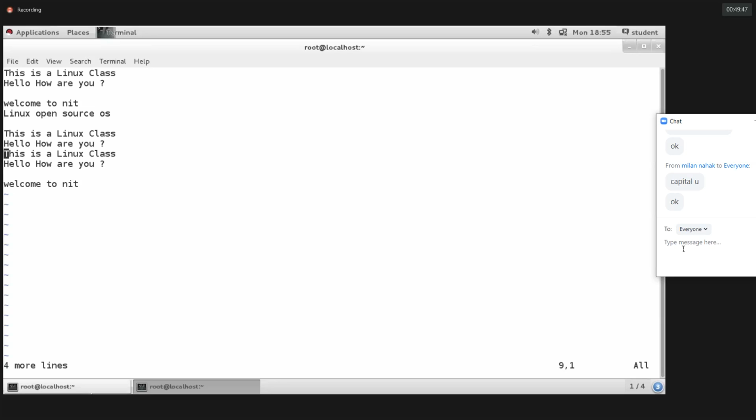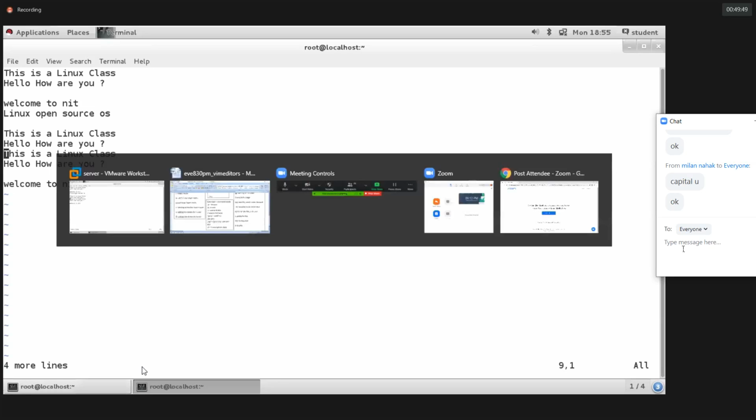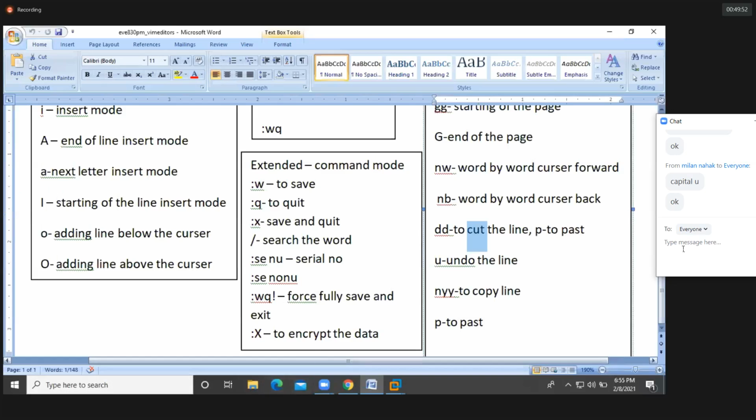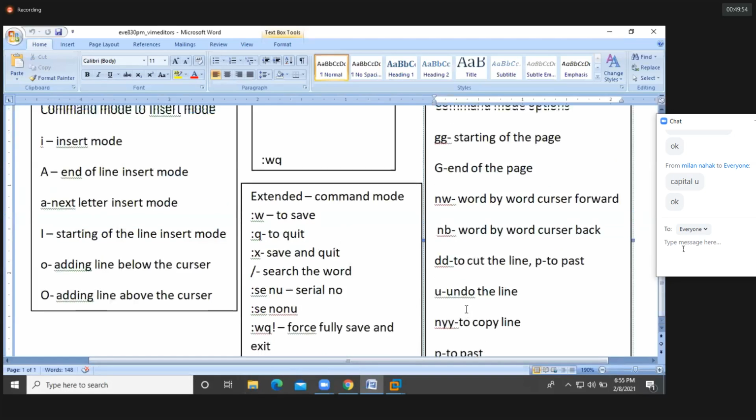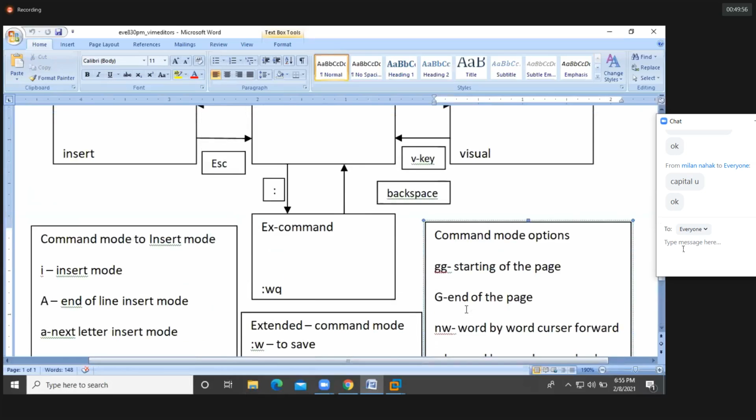Okay. I hope you're clear. Next, P to paste. These types of options we use in command mode to navigate the file and then to manage the file content. I hope you're clear, guys.